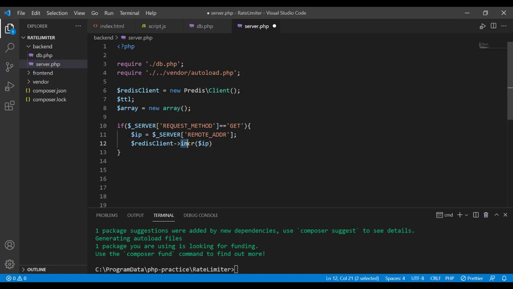As you can guess from the word incr, it's short for increase, so obviously it has something to do with numeric values. So if no key exists, then this incr is going to create a key, assign value 1 to it and store it in the Redis database. However, if there is a key, then this command is going to increment the value and return that value. So in any case, a value is returned, therefore we need to store it in a variable. So we are going to name it request count.